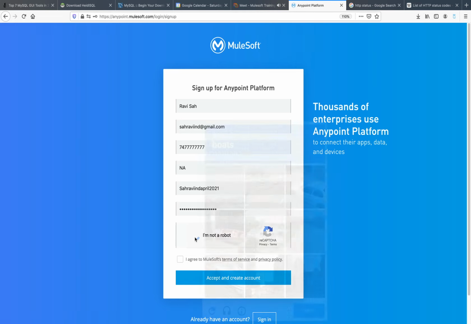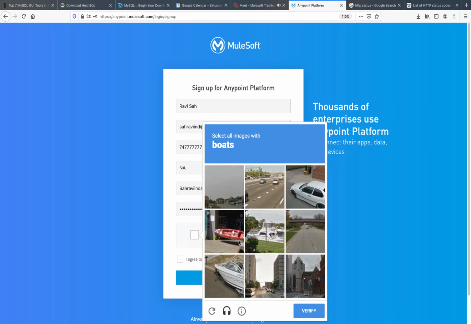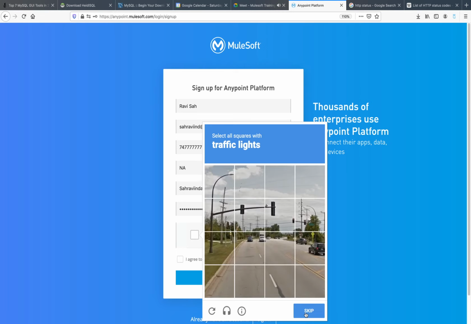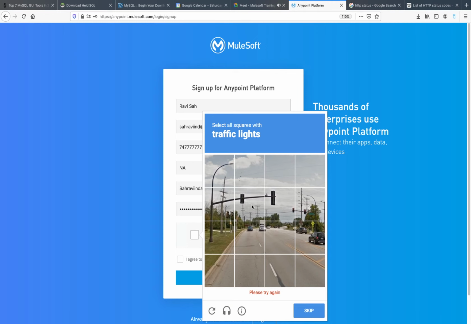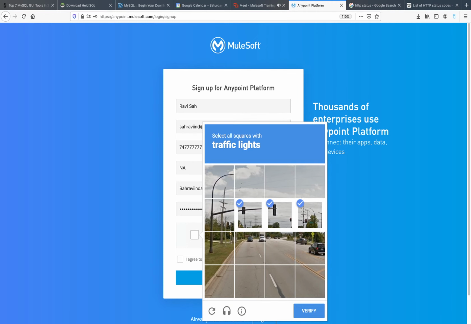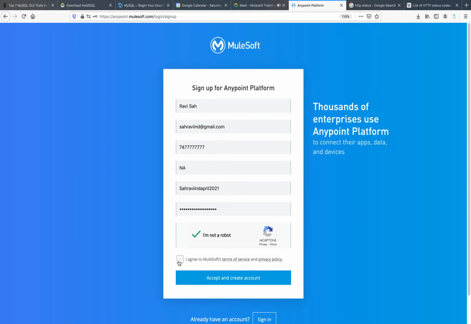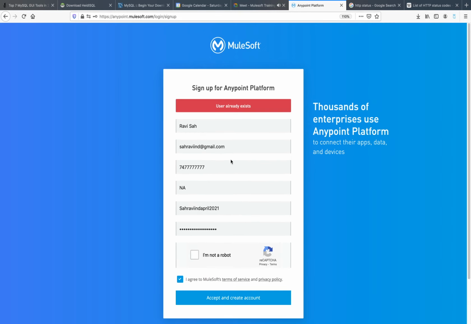Then select I am not a robot. Okay, and select this agreement, accept and create. Okay, it's saying user already exists.